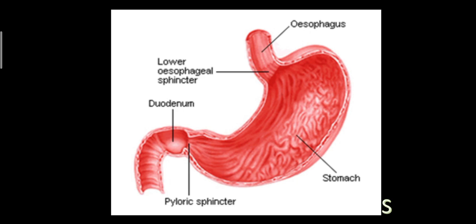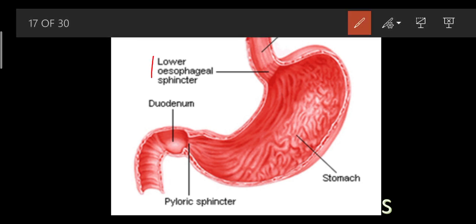Now we are moving toward a J structure. This is an elastic kind of bag, and the stomach is called the J-shaped organ. We can see here, this is the stomach, and this is where the esophagus ends. So there is the starting of a new organ called the stomach. There is one muscle which is called the sphincter muscle.